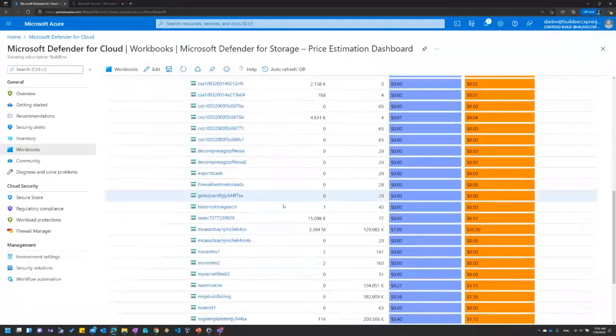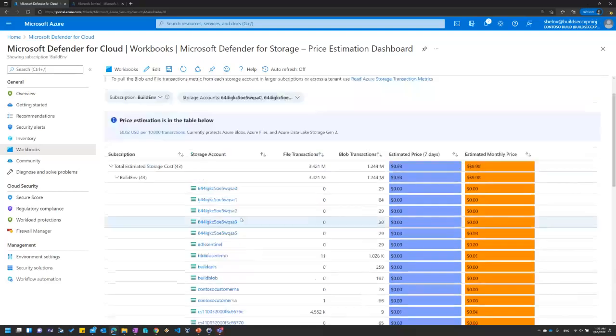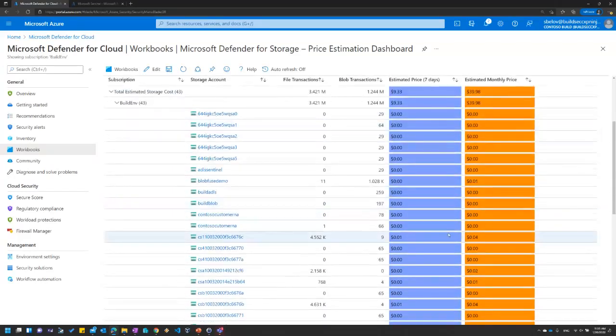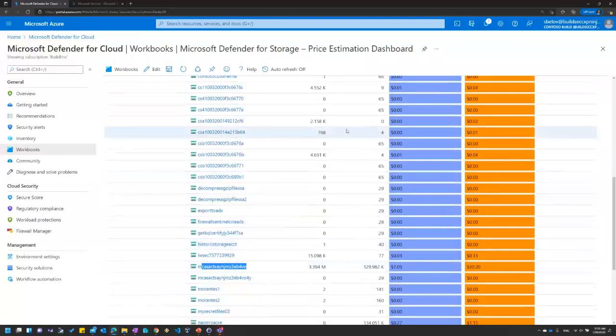As you can see here, in my environment, my most used account is this one. If I had Defender for Storage enabled for this storage account, I would have to pay $30 a month to protect this account. And like I said, we have similar calculators or price estimations for other Defender plans, not just for storage. But since we're talking about Defender for Storage,